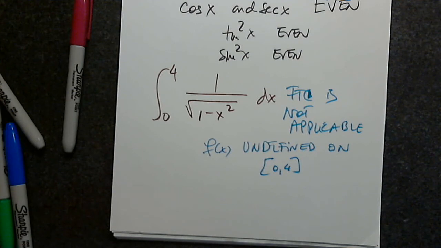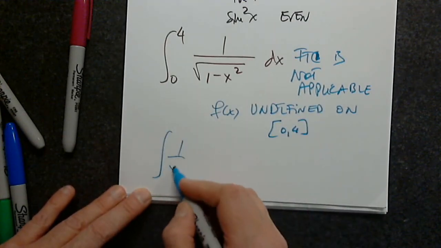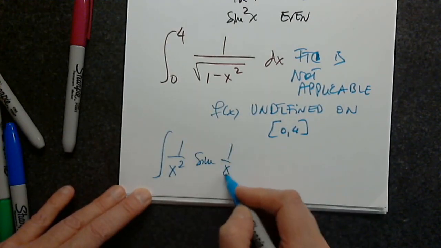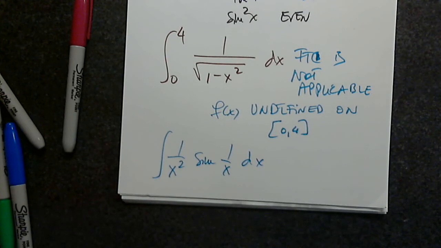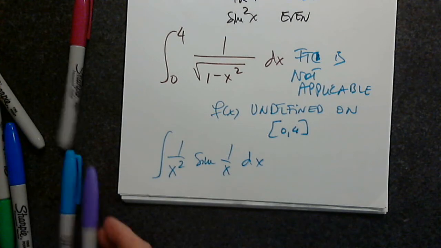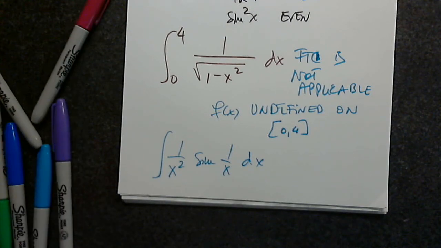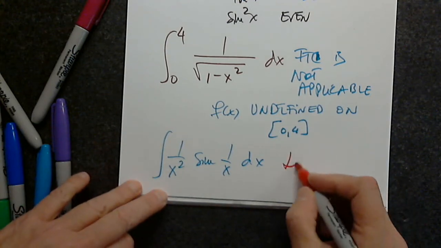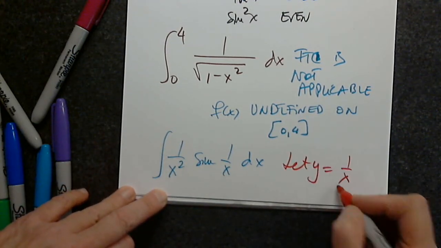And then can we do D? D as in dog. Yeah. Very good. Let's look at D. The integral of 1 over x squared times sine of 1 over x dx. Perfect. So what do you recommend with this one? Yes. So let's say let y be 1 over x.